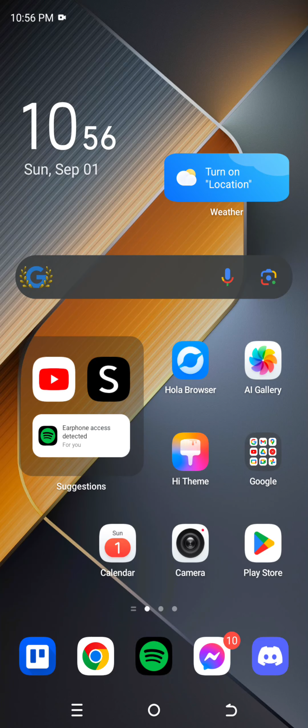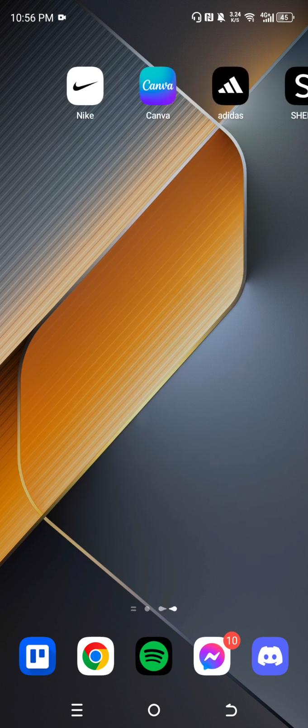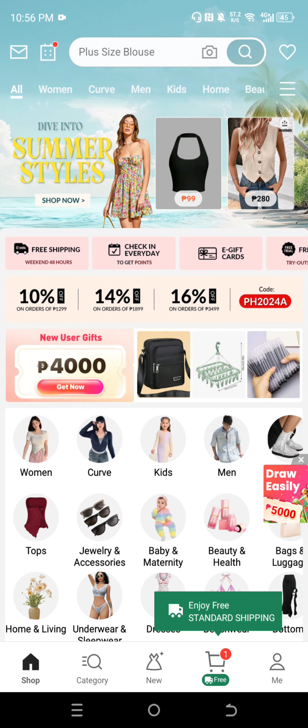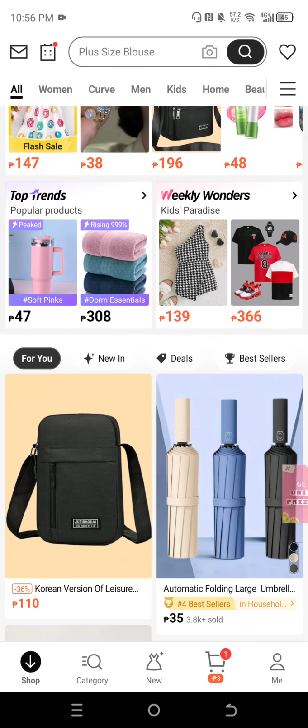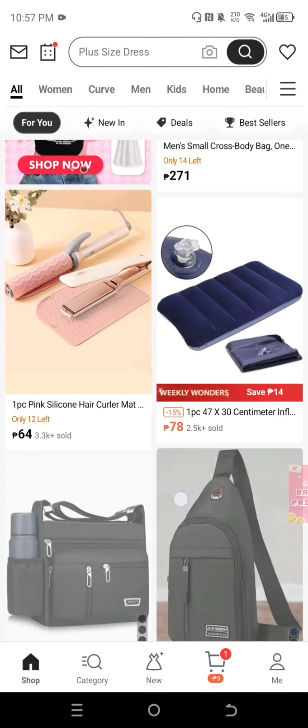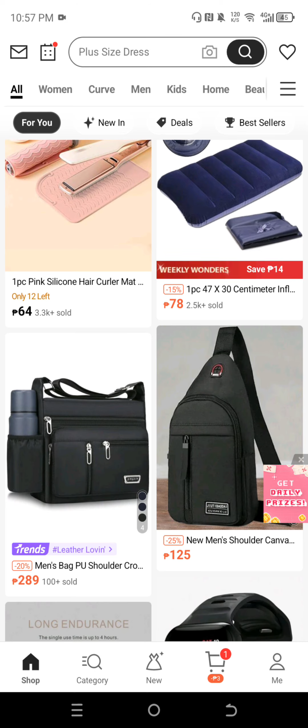Hi guys, today I'm going to show you how to use a referral code in the Shein app. First we go to our app, and then for example we're buying a product. So we just scroll down, and for example we're going to buy this bag